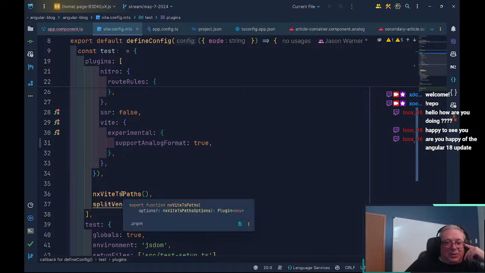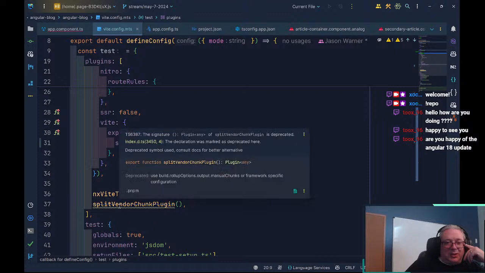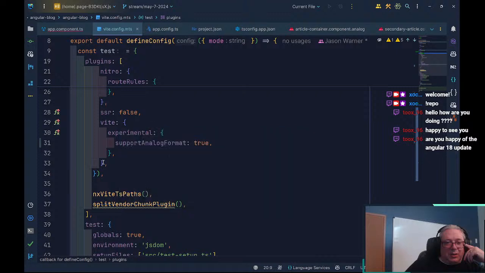And then this is just the paths. But it seems to be